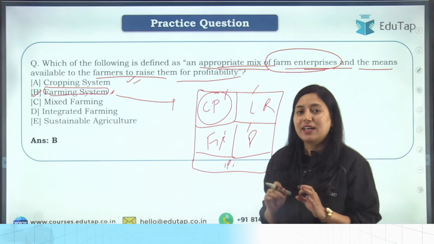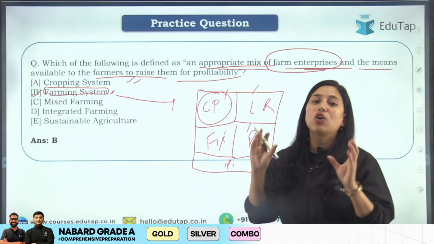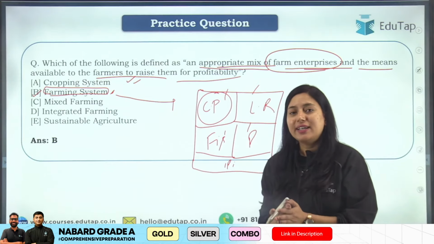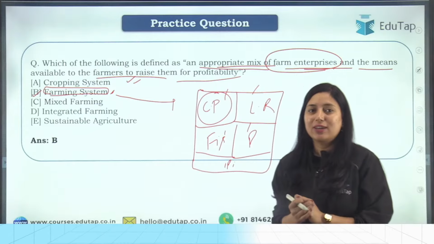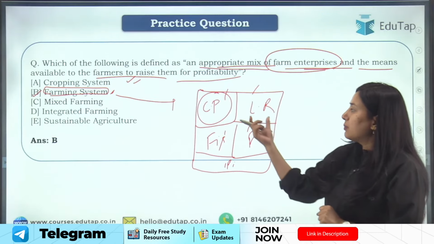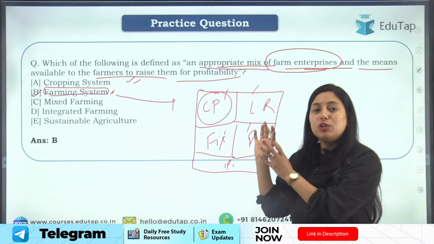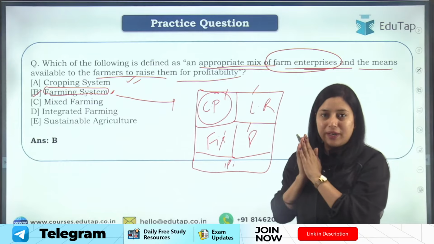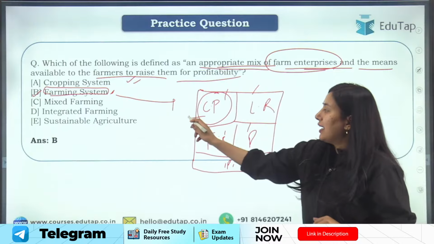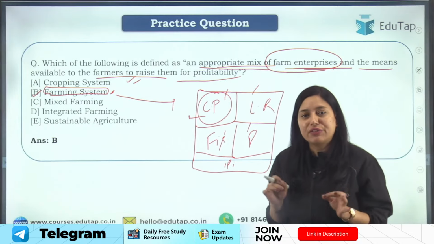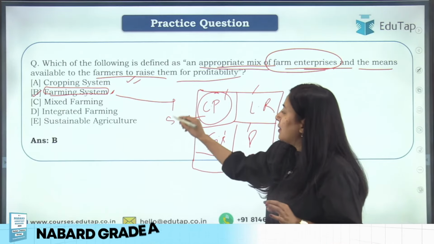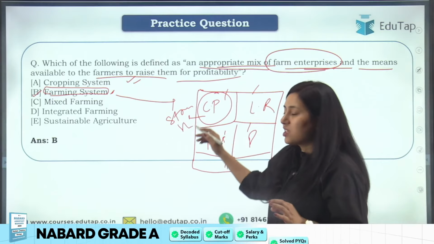अब हमें क्या करना है, we have to integrate all these enterprises. क्यों integrate करेंगे? Why is there a need of integrating all these enterprises? So students, because waste product of one enterprise can be used as resource to other enterprise. Like for example, in crop field, once you harvest your crop, उसके बाद क्या बचता है? Straw बचता है, stubbles बचते हैं, right?